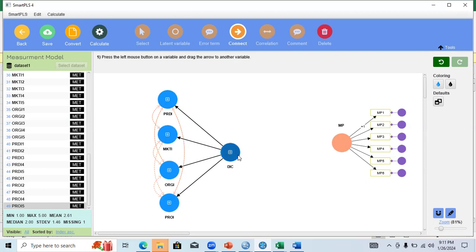You need to connect your dependent variable with this. For the case of simplicity, I have created higher order constructs for our independent variable only, but you can create them for your dependent variable also. For the point of simplicity, I have created this.